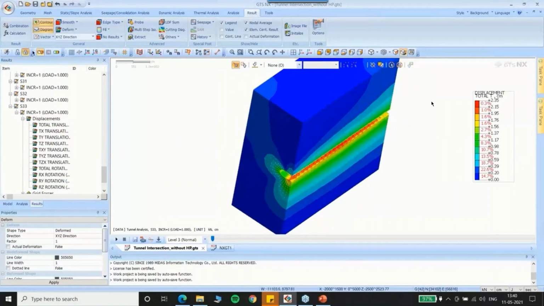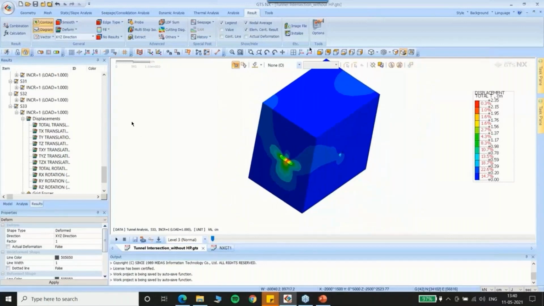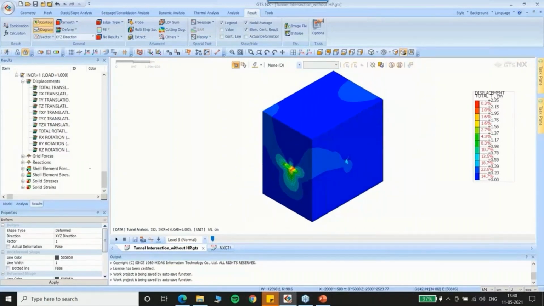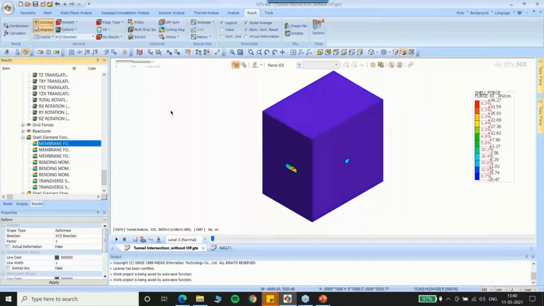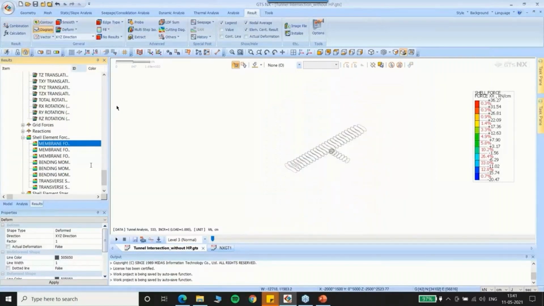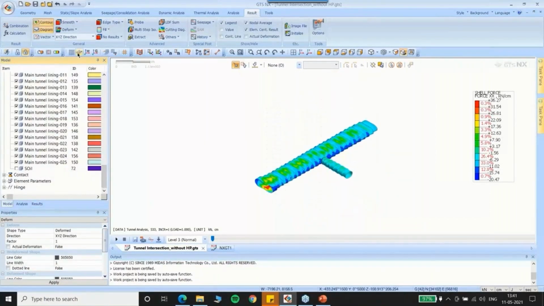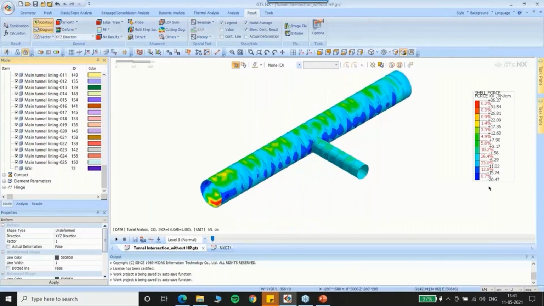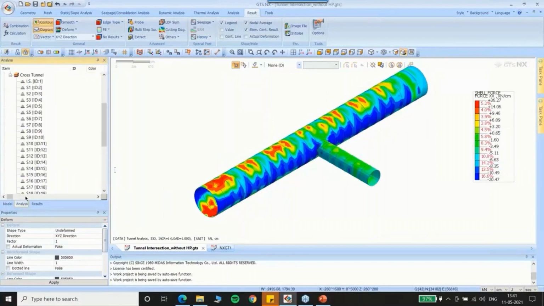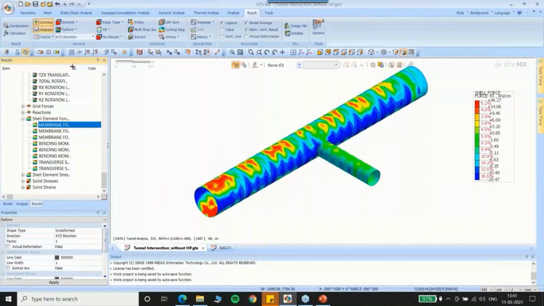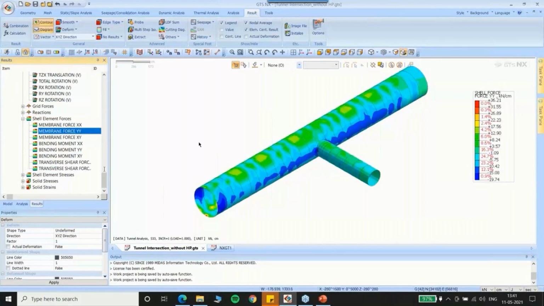Apart from that, if I just switch off the clipping plane and we want to see the forces acting on the structural elements, I just go to shell element forces, membrane force. That means I just deactivate the soil so that it's clearly visible. Go to undeformed. It's going to look like this. So this is the horizontal forces, the vertical force,